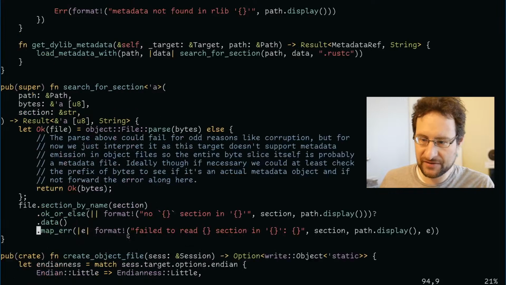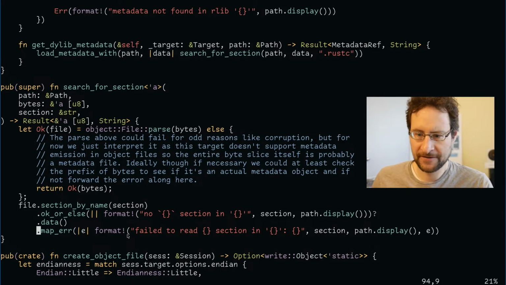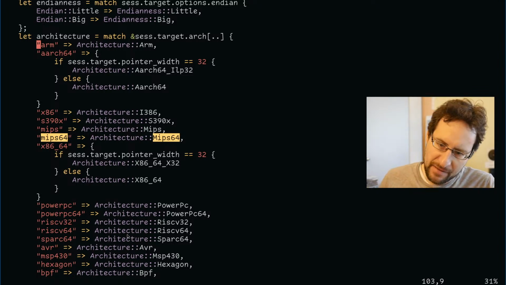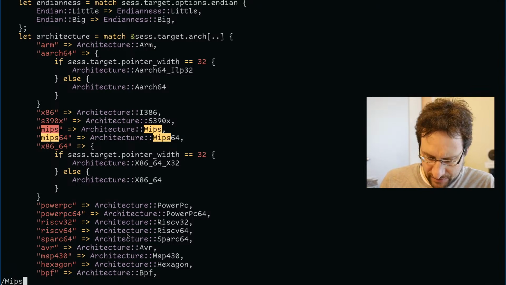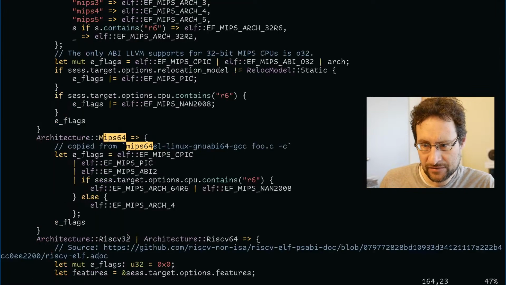So the problem is now, maybe I either halt the live stream, because you probably don't want to see me scrolling, grabbing and stuff through here. Maybe it is determined from architecture, because we have MIPS 64. I'm not even sure if it supports x32 then. Maybe it doesn't. So probably it's determined somewhere from MIPS 64.